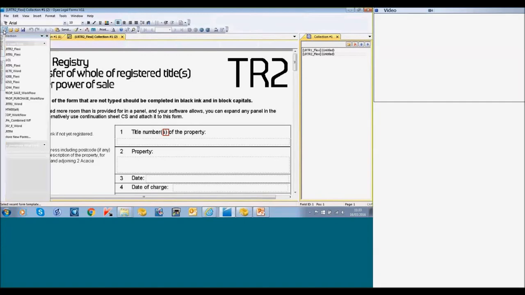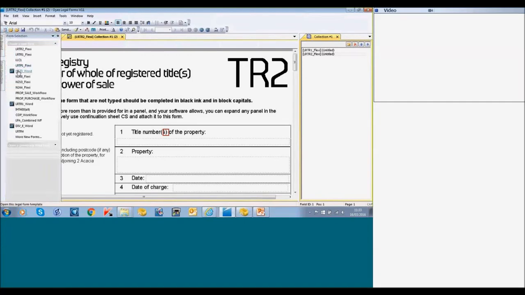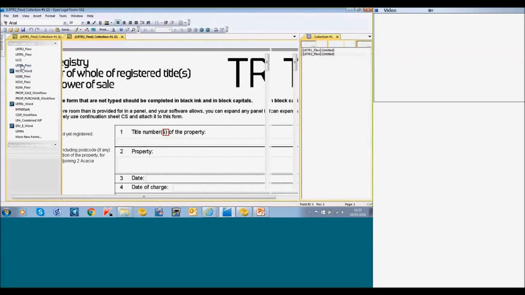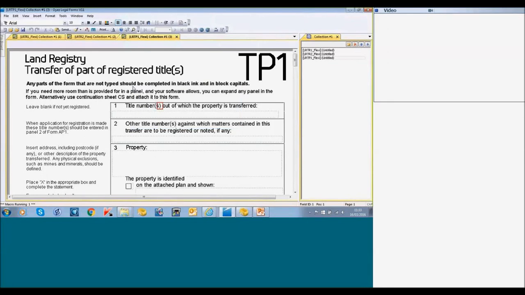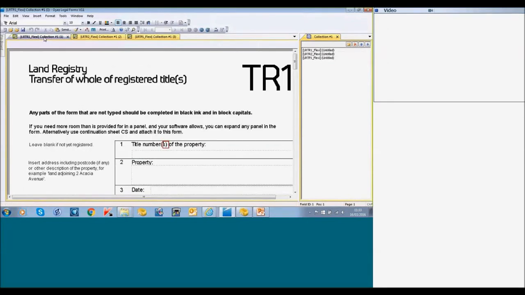Let's say we now want a TP1, for example, and then just yes to that. So now you have all the different forms that you want. Again, the X will be next to the one that's live and the one that you can remove if you wanted to. This is where you control the collection, and you can add additional forms here,